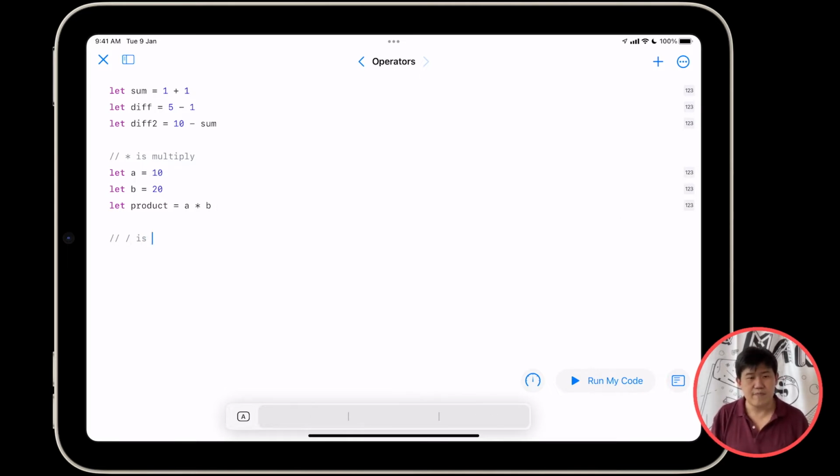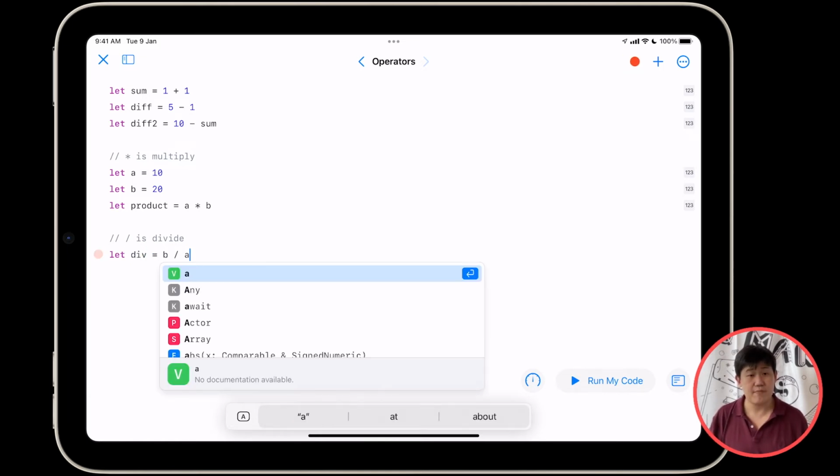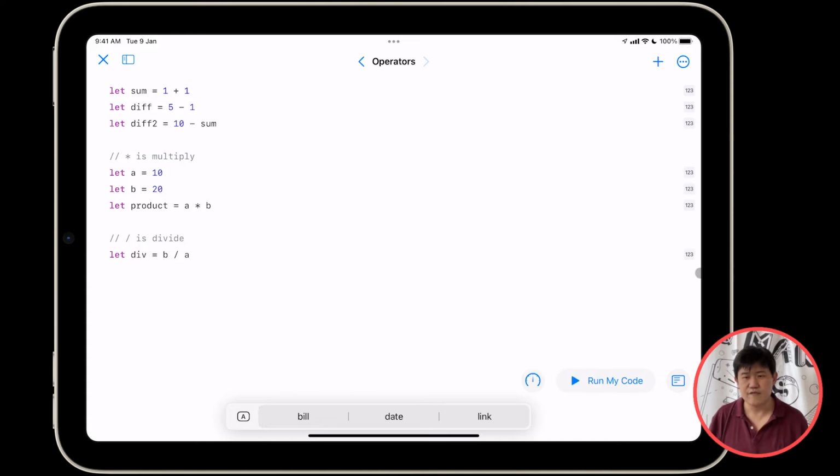/ is divide. Okay, so this comment is a little bit confusing, but these two slashes are to make a comment, and this / is to talk about division. So let division equals B/A, right? Let's run that. I think that should give us what we expect. B/A is indeed 2. And let's do the other way around. Let div2 equals A/B. If you run that, what do we get? Surely we get half, right? So let's take a look. And no, we get 0. What? My primary school math teacher would like to have a word with you. Why is 10 divided by 20 0?